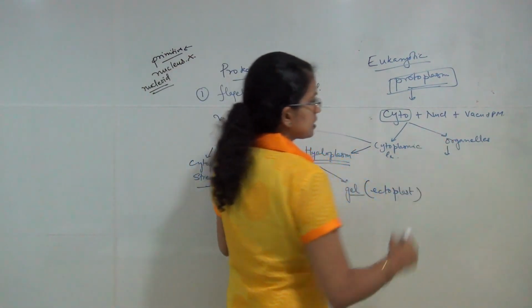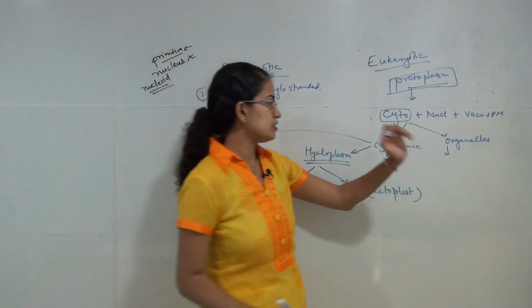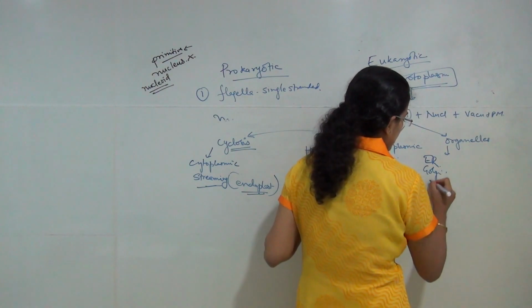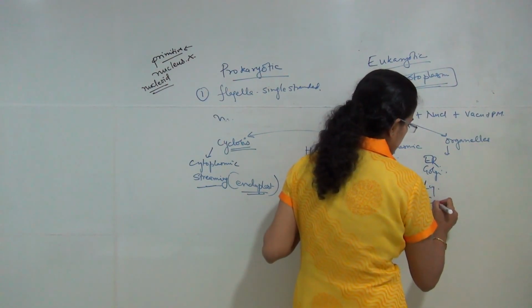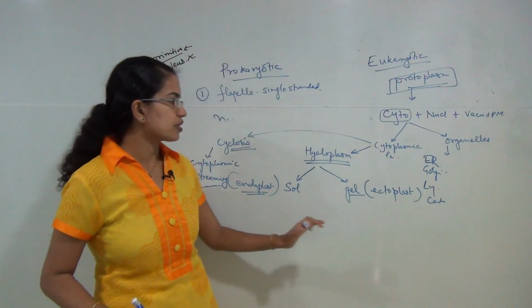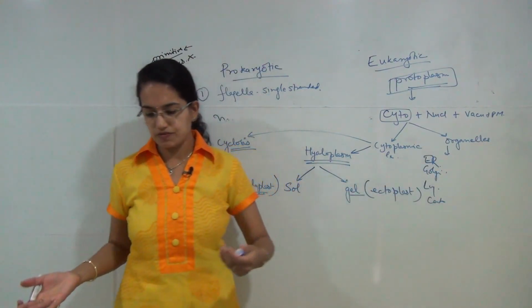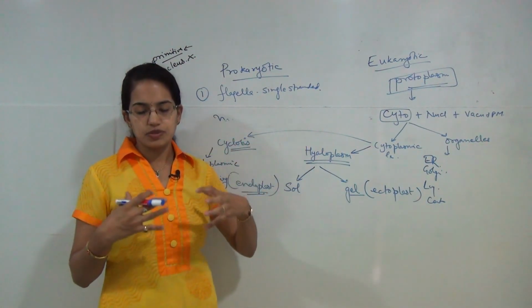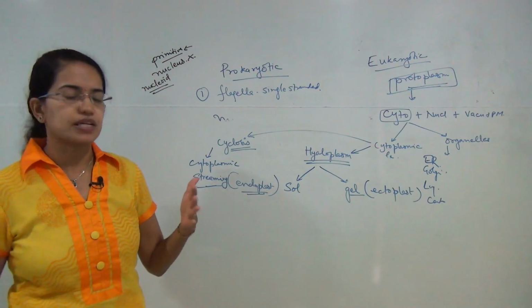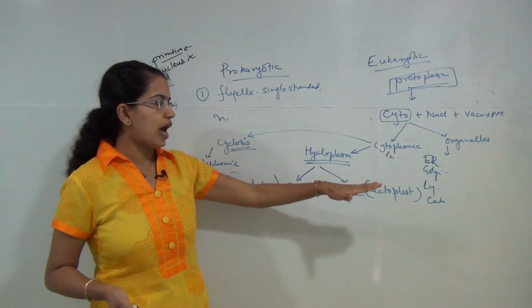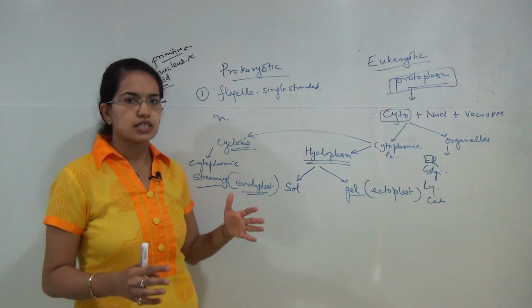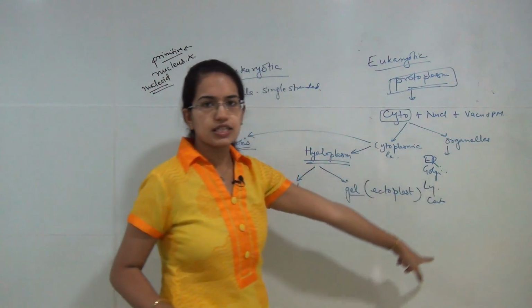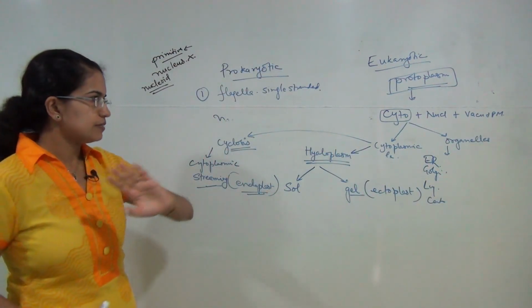Now the next component is the organelles. Under organelles you would have the endoplasmic reticulum, which would provide the structure. You would have Golgi apparatus, then you would have lysosomes, centrioles, and so on and so forth. So all of these have their specific functions. For example, Golgi apparatus is related to storage, lysosomes are related to separation of the digestive enzymes, then you have ribosomes which deal with protein synthesis, and so forth. So these are the basic organelles. We would be considering these organelles in detail separately.